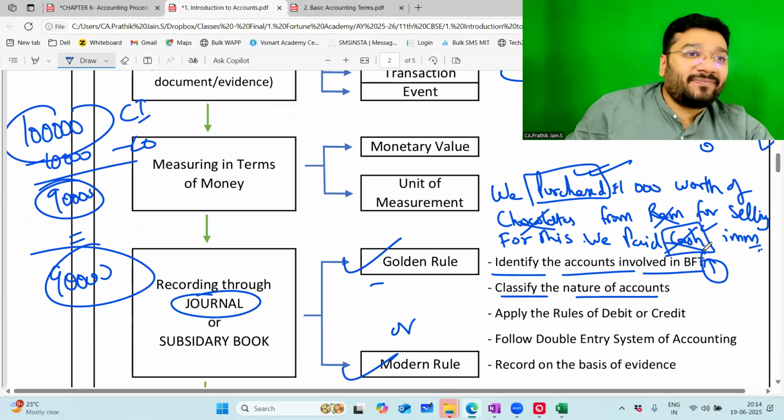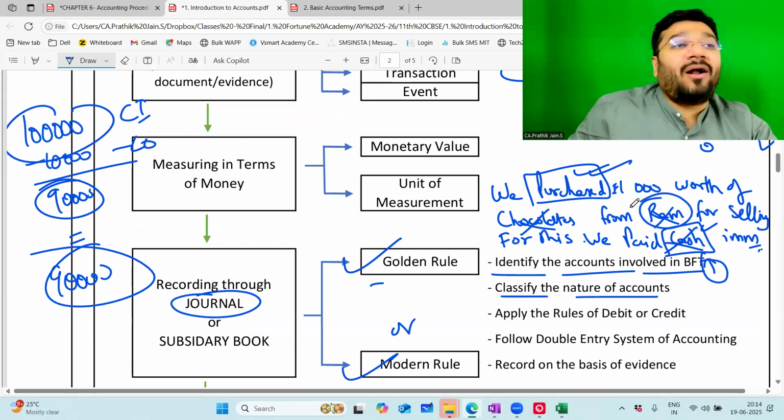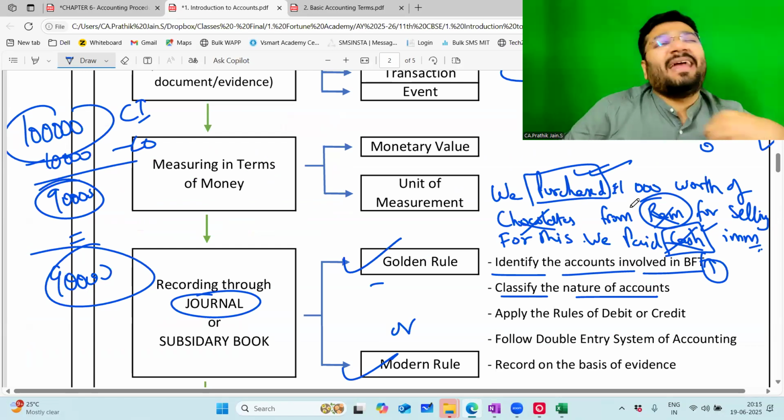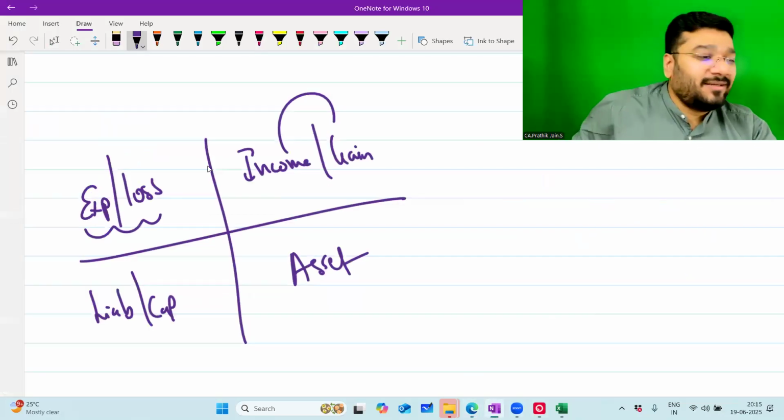Anything that I pay in future is a liability. Ram here would be called a creditor. So creditor is a liability. Debtor. Asset. Investment. Asset. Cash in hand. Asset. Bank balance. Asset. Anything you ask, everything will be classified as one of these